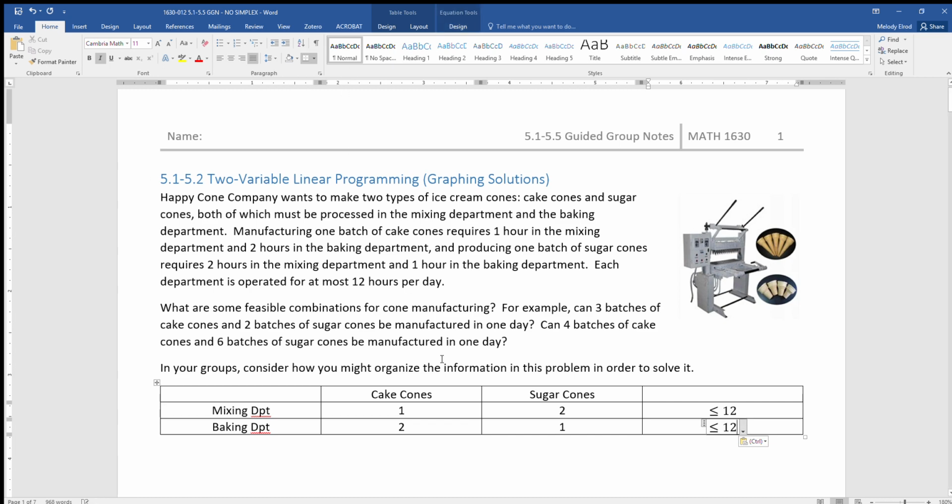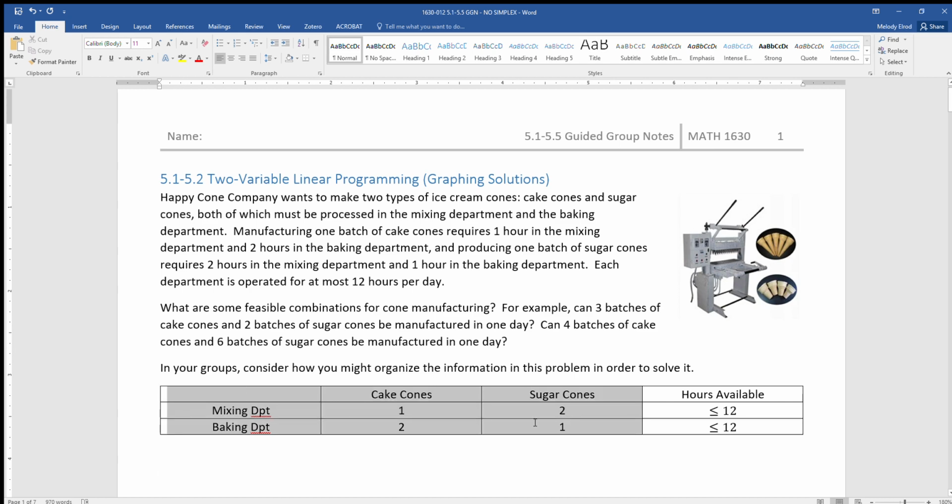All right, so that kind of organizes our information, right? So this is hours available. But the question was not this information. This just gets us kind of thinking about it. The question was, what are some feasible combinations for cone manufacturing? All right, so let's take this information and let's look at it a